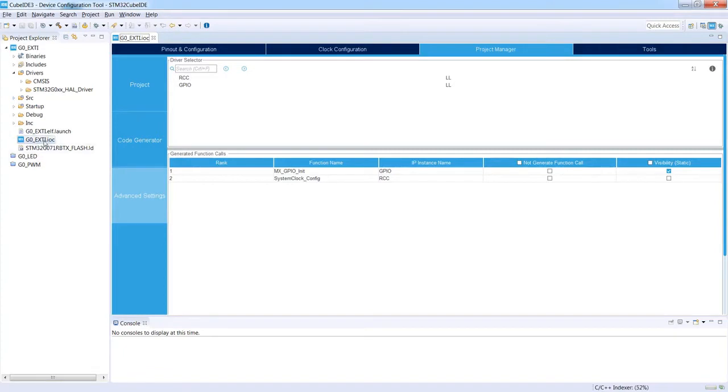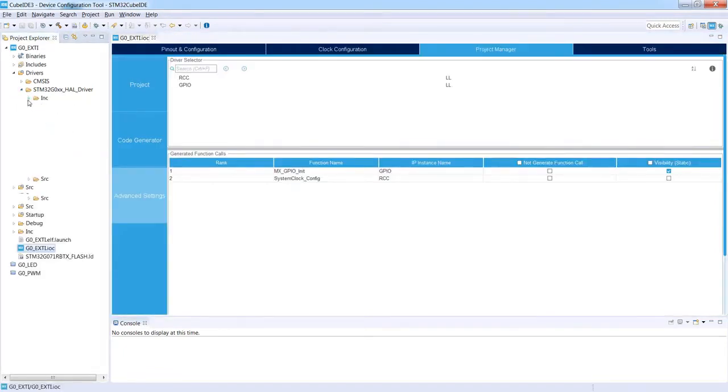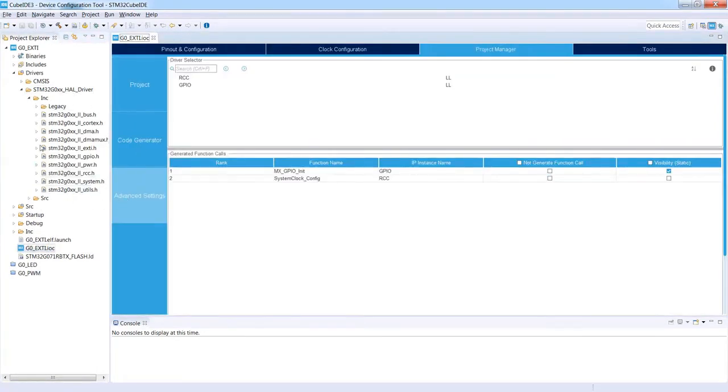I can see some action on the left side. Now if I go into the HAL driver, within includes I can see, instead of HAL files, low-layer ones. So the structure of the name for the file is the following: name of the family, underscore, type of the library, in our case low layer, underscore, name of the peripheral.